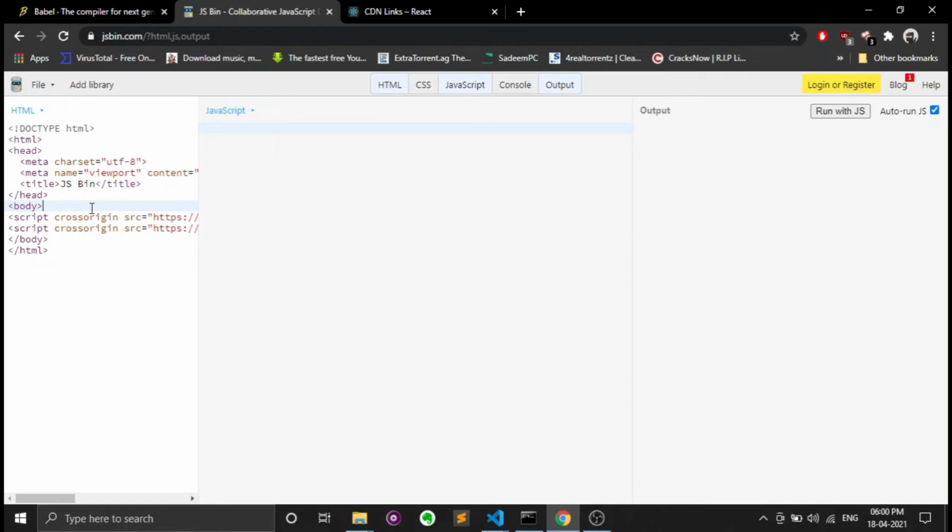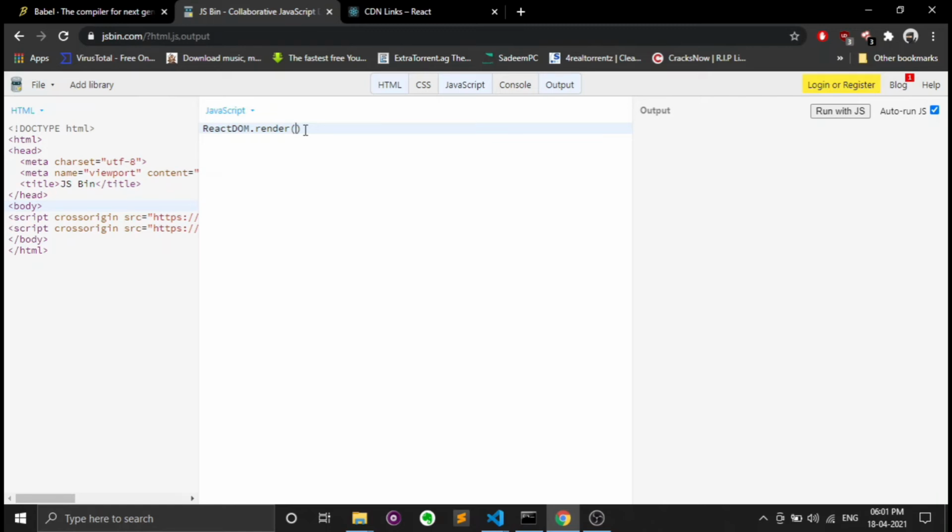We can implement a React element into simple HTML code. So we do ReactDOM.render, ReactDOM.render, where the first argument takes an element, basically whatever you want to render, and the second argument is where you want to render that element in the HTML.